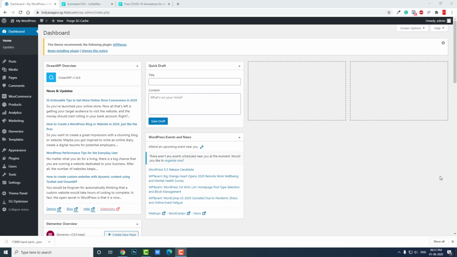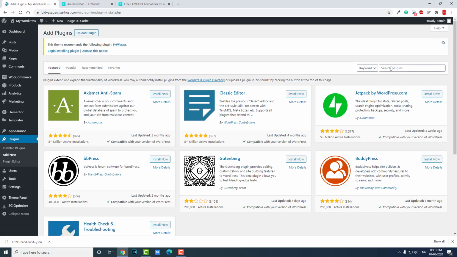In my previous videos I have talked much about how good Lottie animation is, and it is the latest trend in web animations. Now let's try to insert these Lottie animations inside our Elementor web design. Let's install a plugin. By default, we do not have Lottie widgets elements in our Elementor base builder, so we have to install